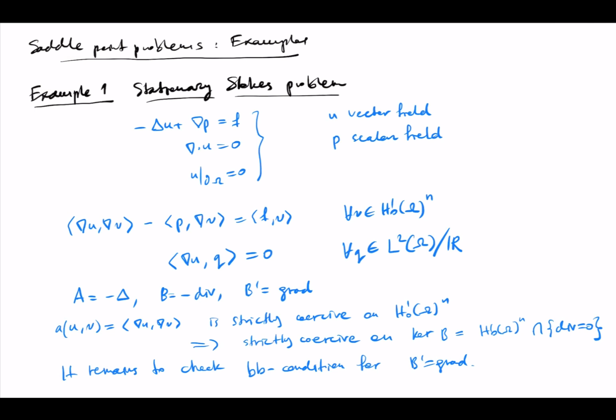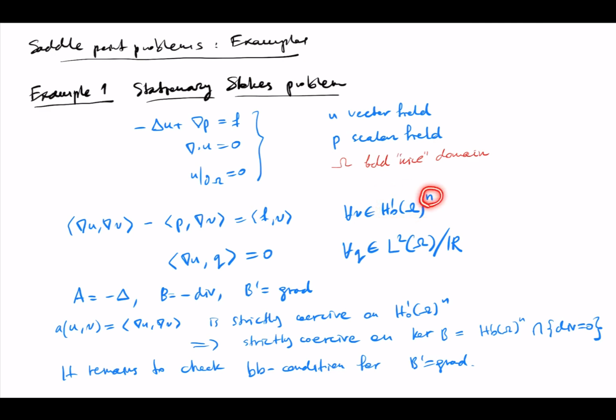So we have omega, let's say a nice bounded domain. Okay. And now we can write this in variational form. Since u has this homogeneous Dirichlet boundary condition, u would correspond to this space H10